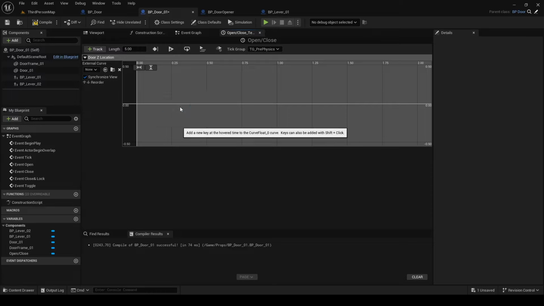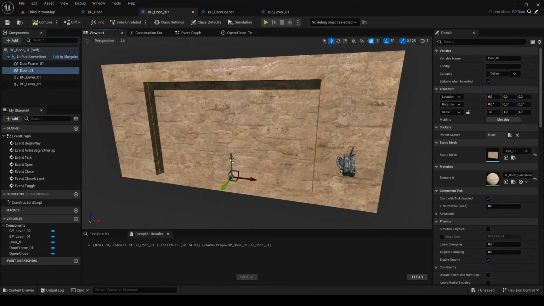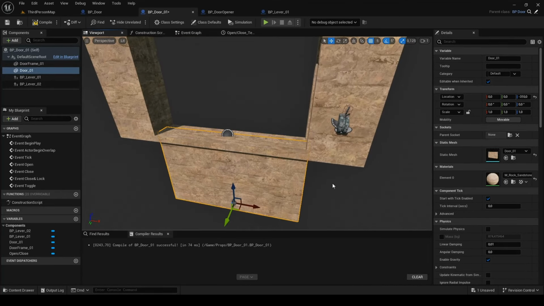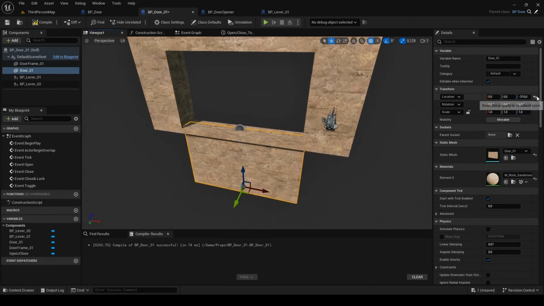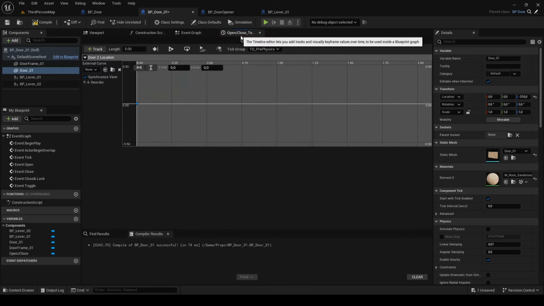Add key and set time to 0 and value to 0. Because the default height is 300 and the groove height is 10, the value of opened door is -310. So, add another key, set time to 5 and value to -310.